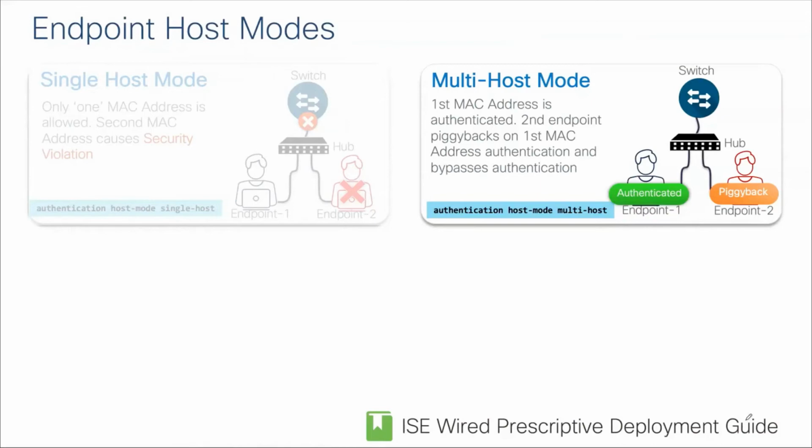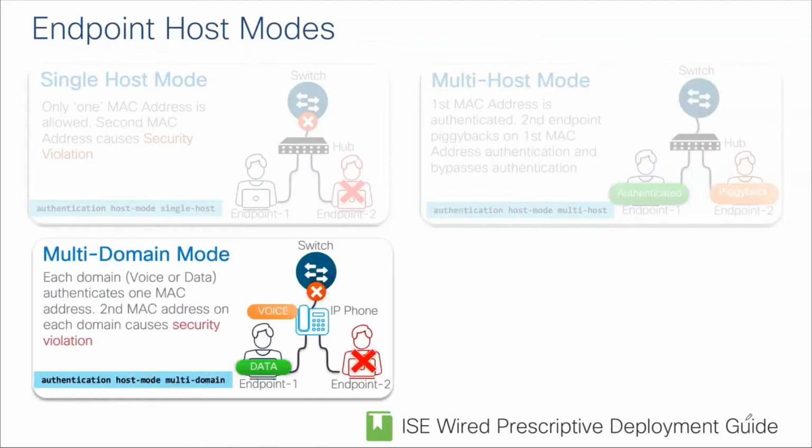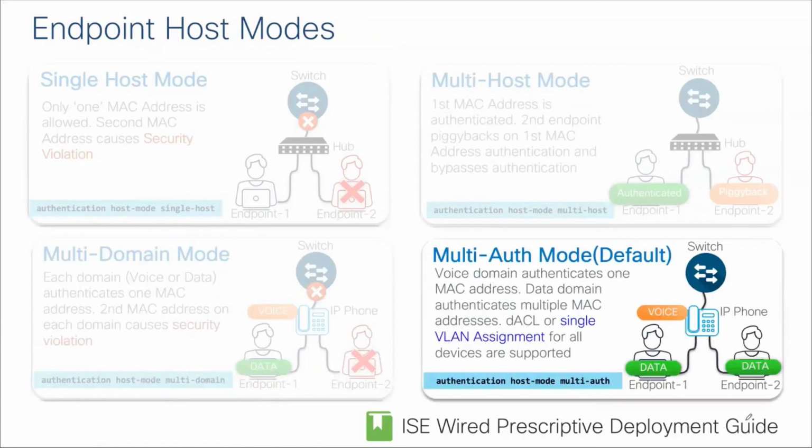That's not very nice. So then we came up with something called multi-domain mode, where you can put the IP phone into a voice VLAN, and then you put the data device, the workstation, into a data VLAN. But still, that's only good for one data device, not two data devices. So what was the next logical thing to do? Well, let's support everything. So now we have a voice VLAN, we have a data VLAN, and we can do multiple MACs in a single data VLAN. The problem with that is,